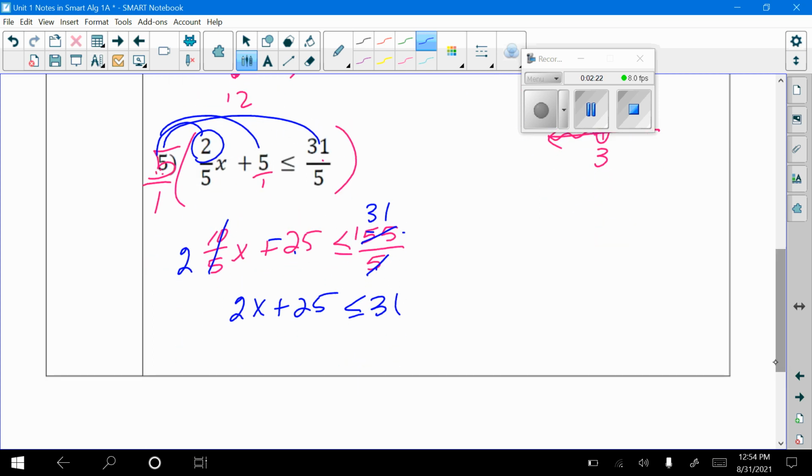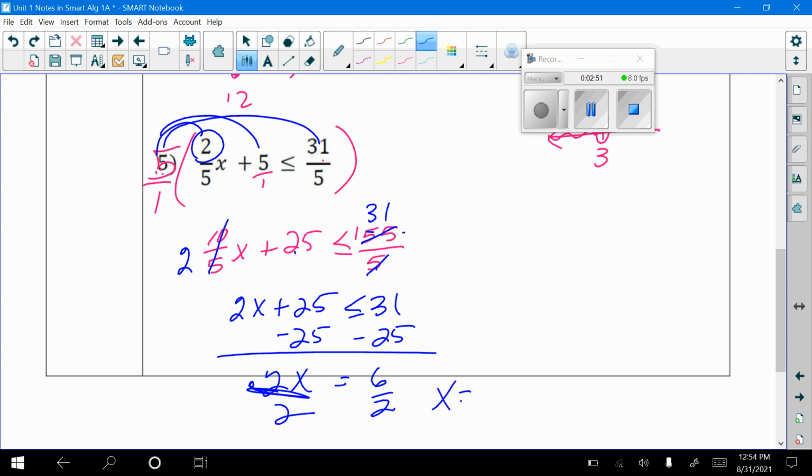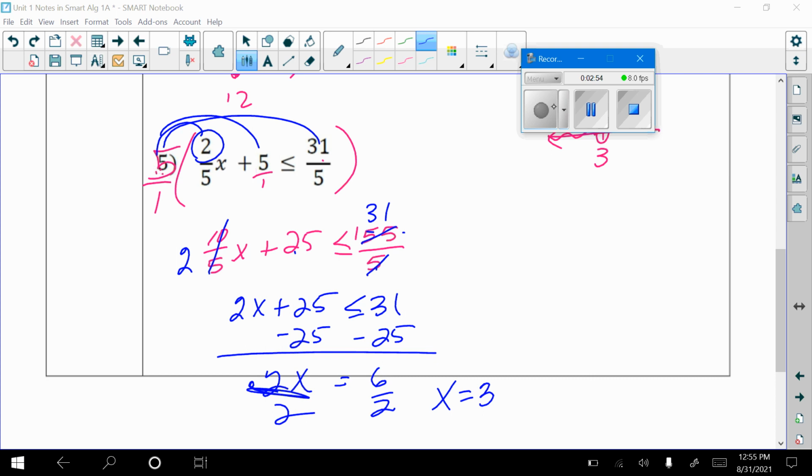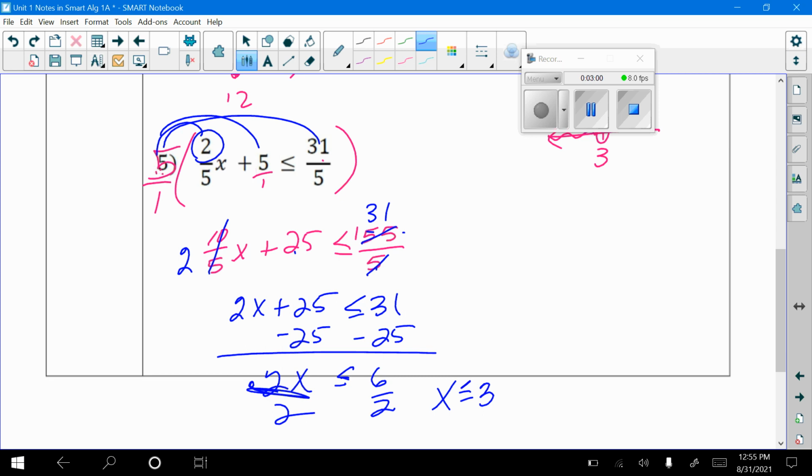I'm going to take away 25, take away 25. I get 2x is less than or equal to 31 minus 25, which is 6. And then I'm going to divide both sides by 2. So x is less than or equal to 3. So my sign should still be this one. So I'm going to have a closed dot at 3